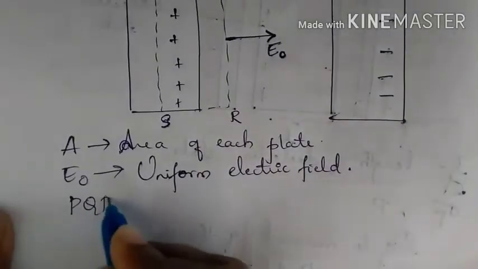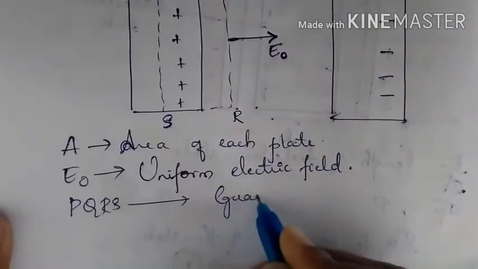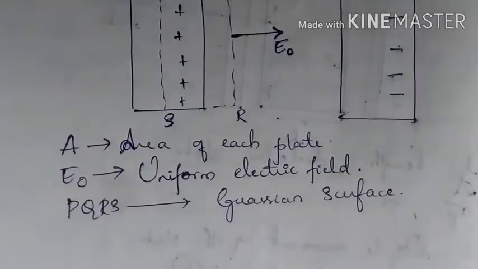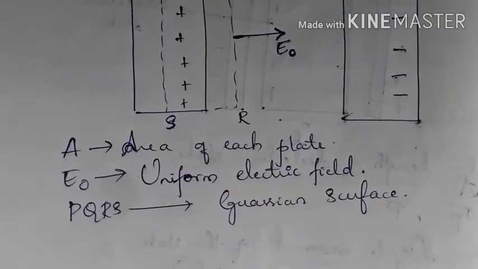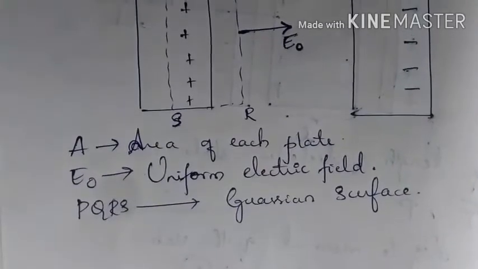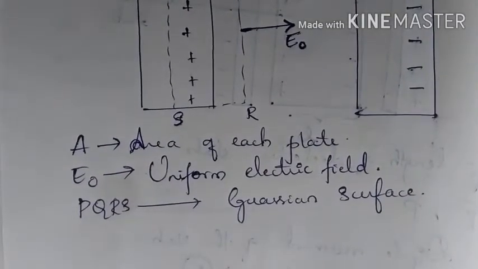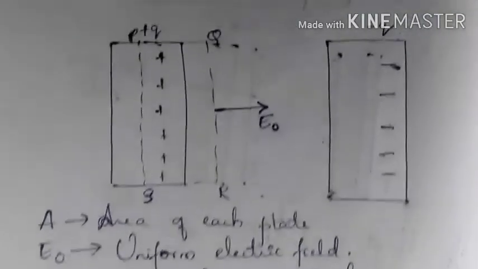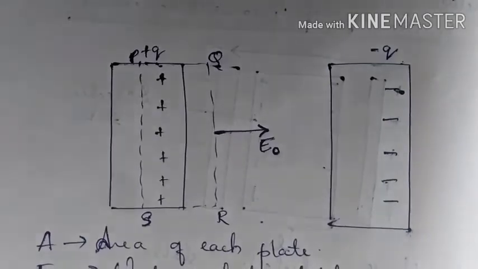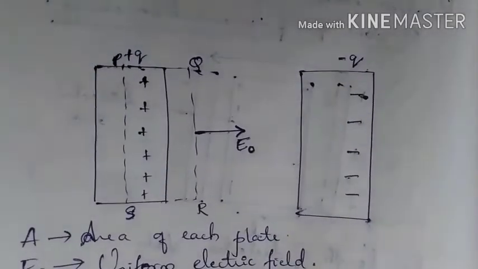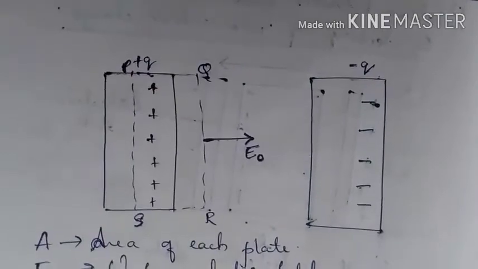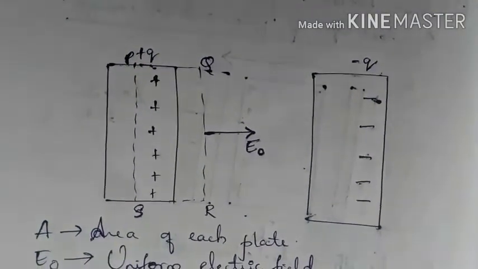So PQRS be a Gaussian surface. So you have two plates which have an area A, and there is a dielectric between these two plates, and that is air. So air here is acting as a dielectric between the two plates. And what else we have? We have an electric field which is in the direction from plus Q to minus Q, and we have drawn the Gaussian surface PQRS. So now by Gauss law we know that